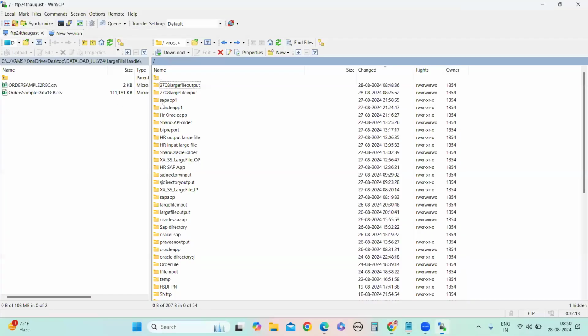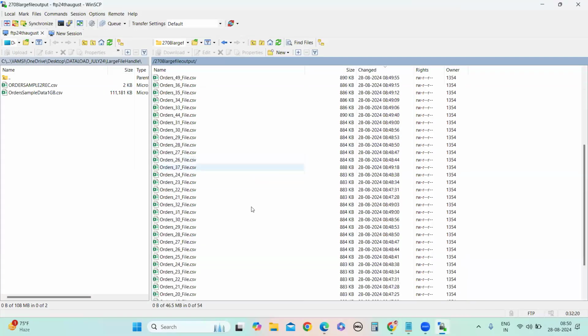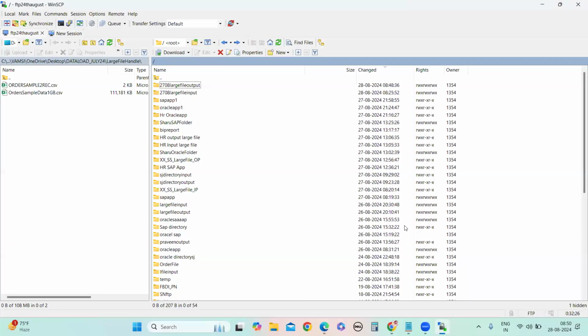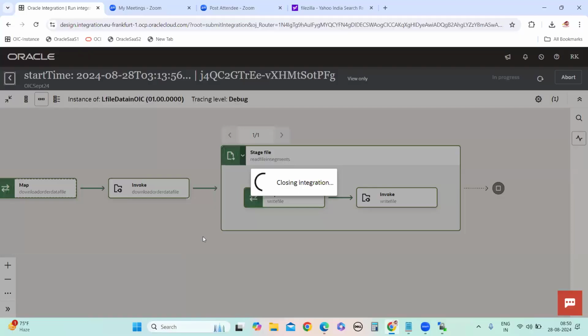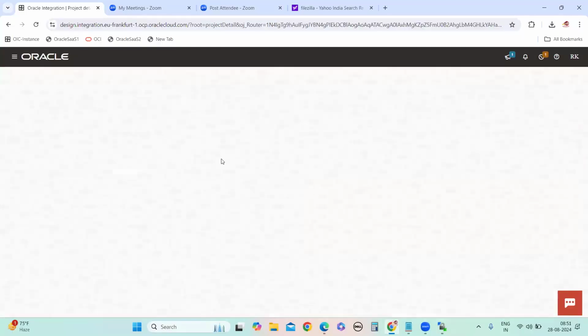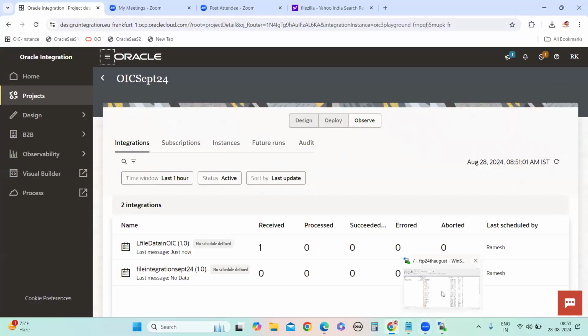Understand or not? Okay, so let it run. Now we are reading the file.